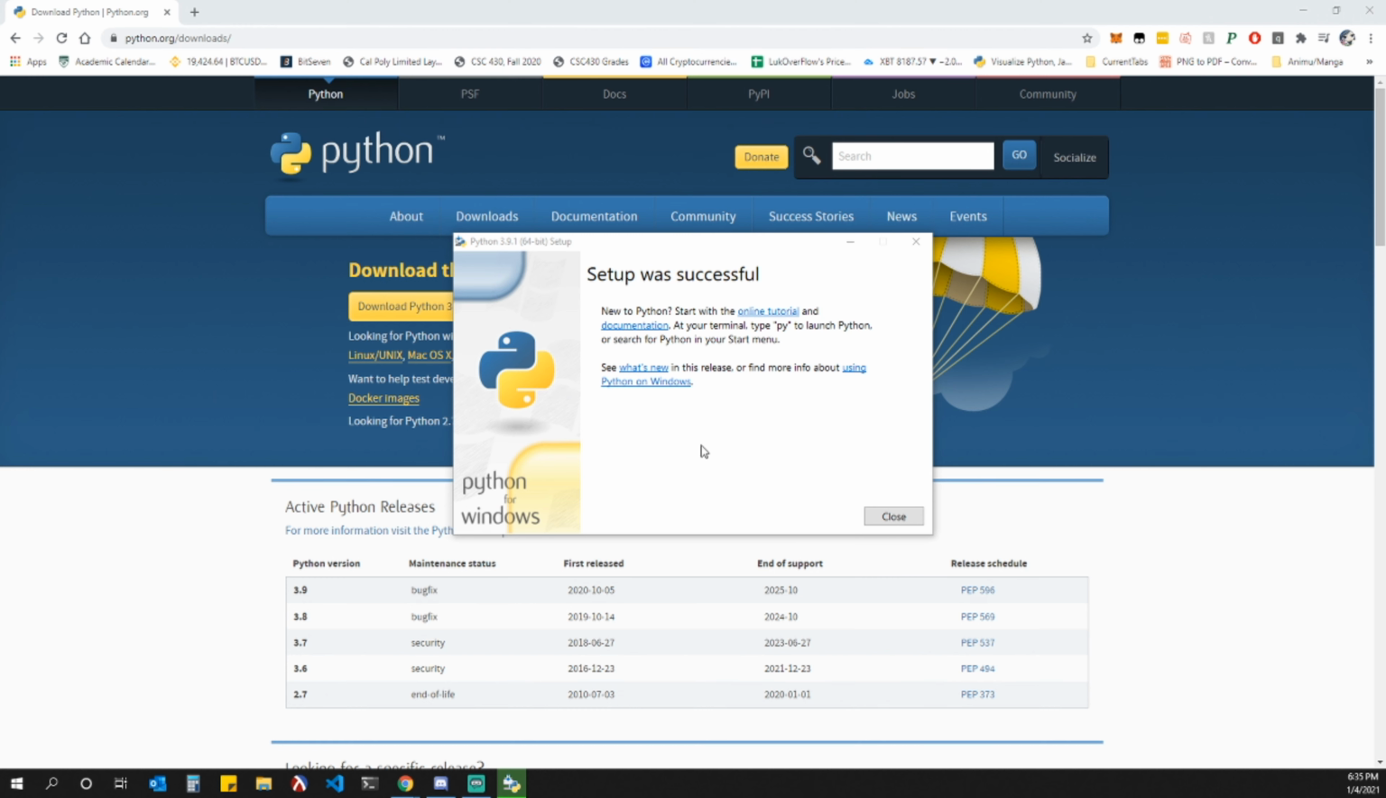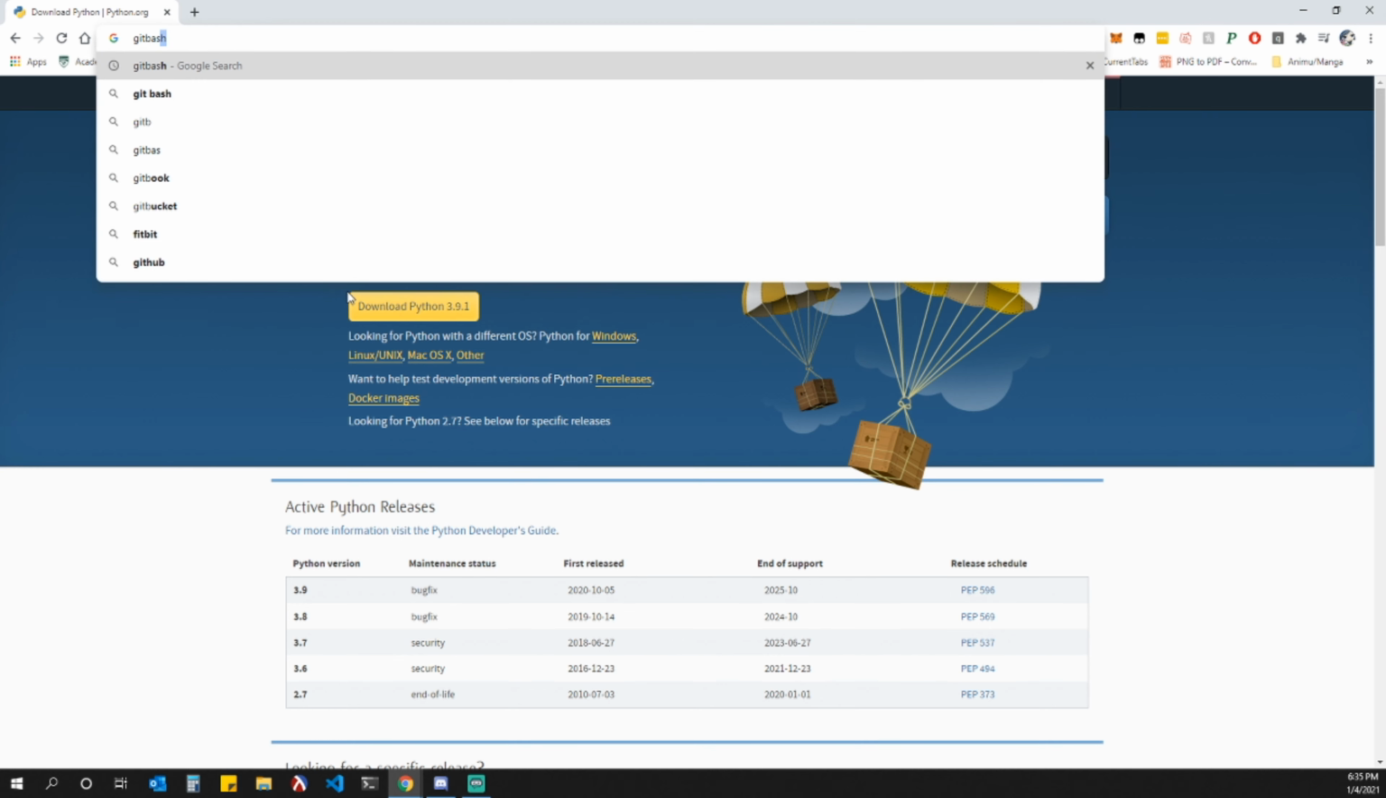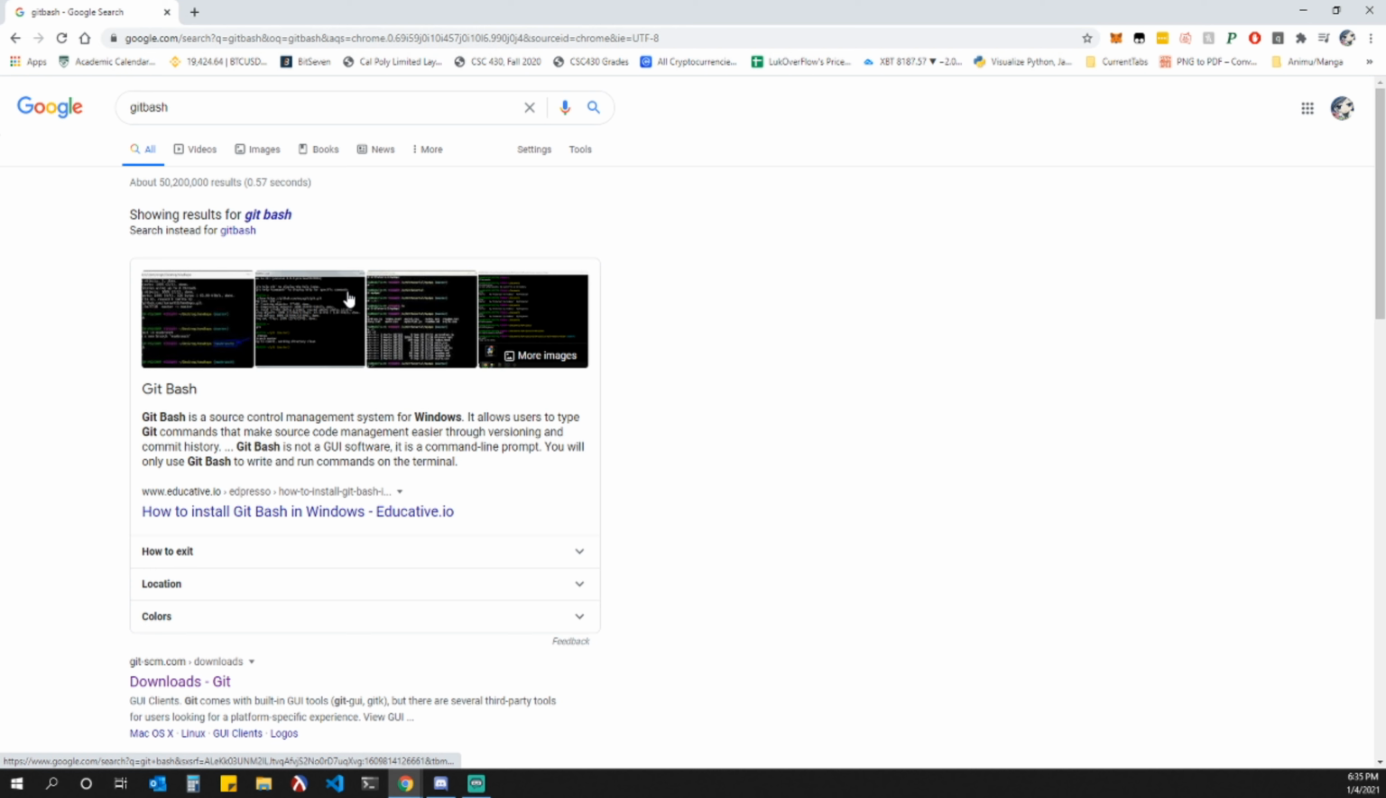Alright, so the setup was successful. Now we just close this, and you're going to want to download this other thing called Gitbash. What Gitbash is, essentially,